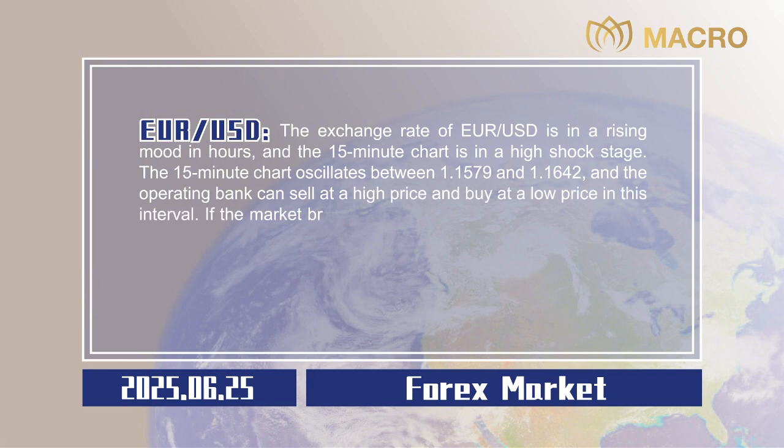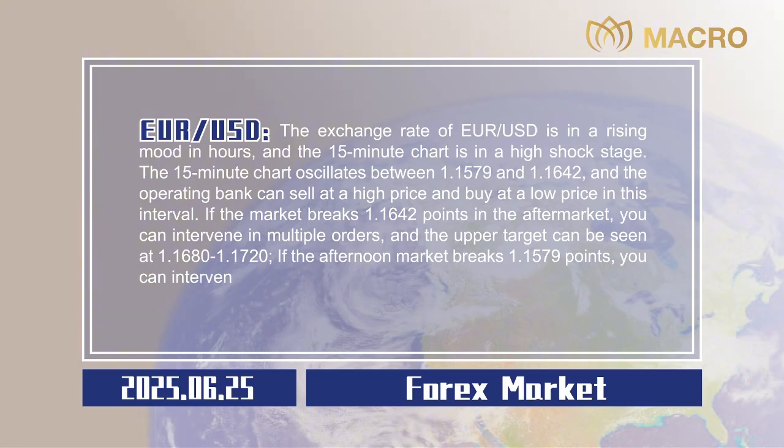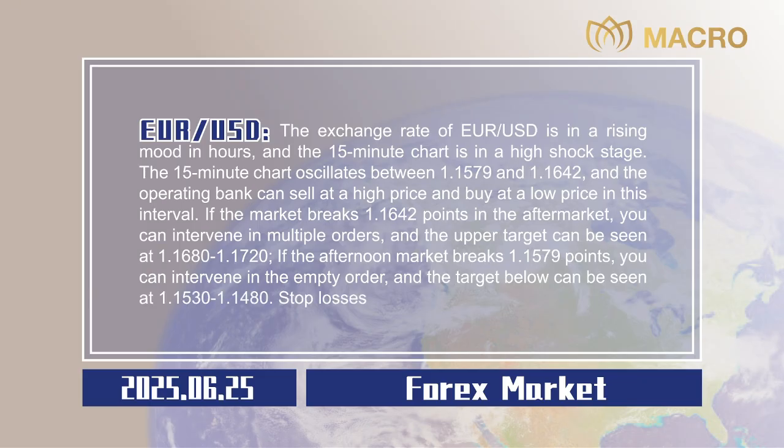If the market breaks 1.1642 points in the aftermarket, you can intervene in multiple orders, and the upper target can be seen at 1.1680 to 1.1720. If the afternoon market breaks 1.1579 points, you can intervene in the empty order, and the target below can be seen at 1.1530 to 1.1480. Stop losses are all 20 points,